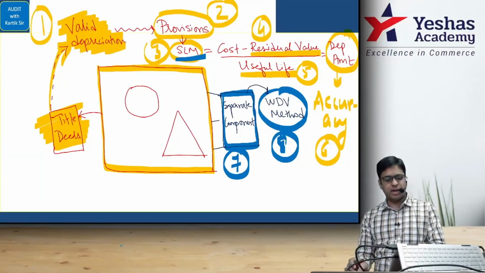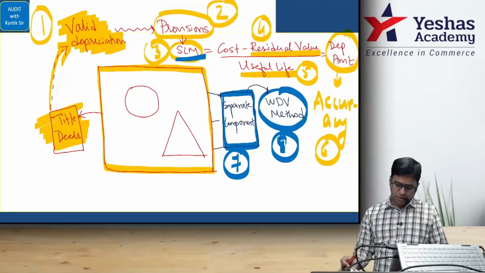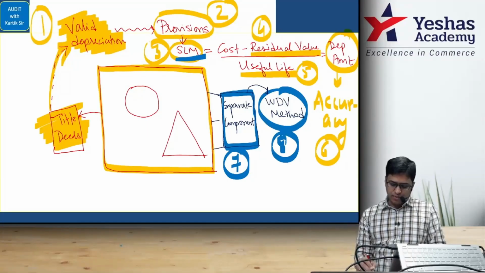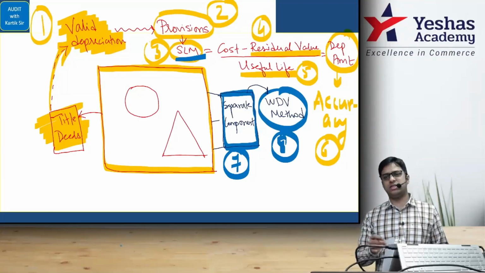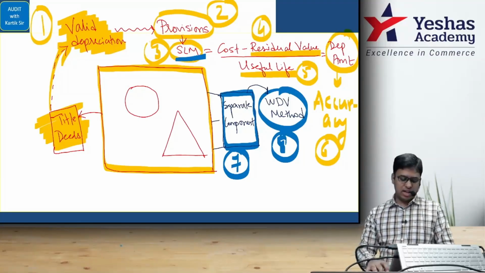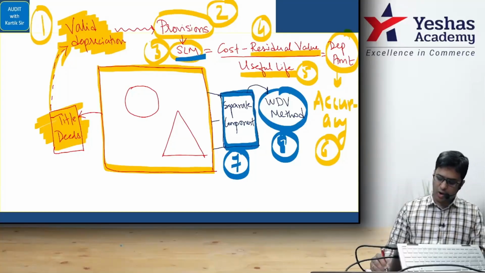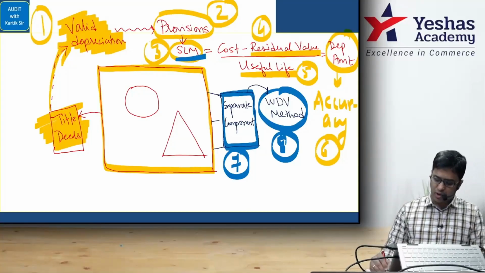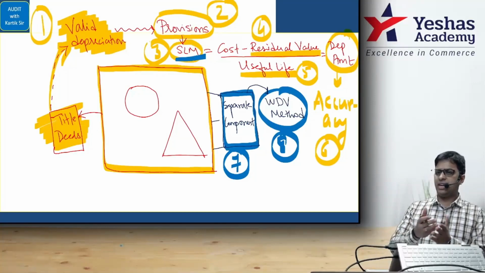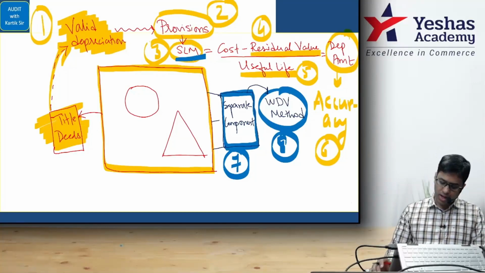So that was our SLM example. Let's go to the next point. Point number 4. Whether depreciation has been calculated after making adjustment for the residual value from the cost of the assets. Very simple. Then let's go to point number 5. Whether all depreciation and amortization charges are recorded in the appropriate period, meaning the useful life of the asset. We should spread that depreciation value into 6.